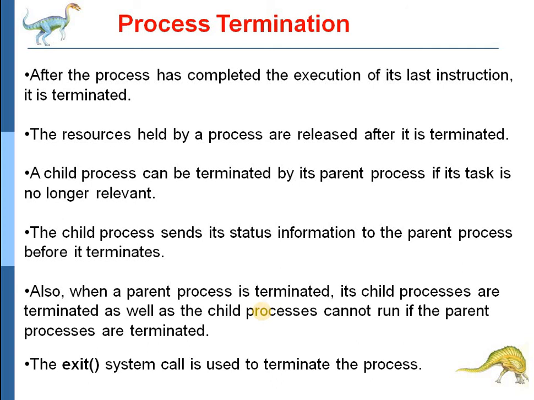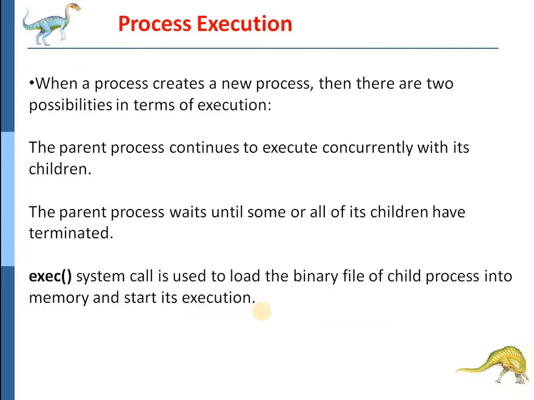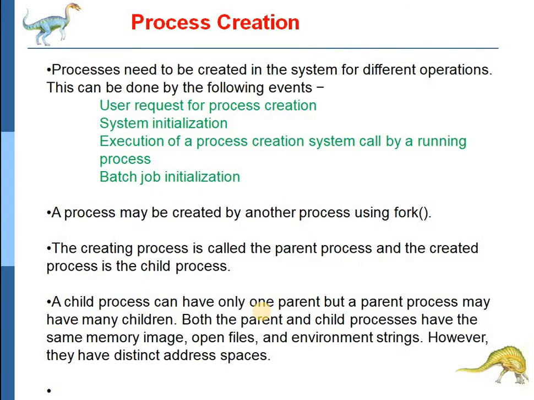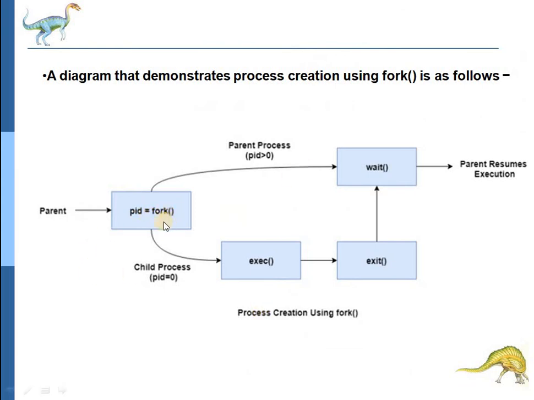In the operation of processes, there are mainly two basic operations, that is process creation and process termination. In process creation, a process is created by using the fork system call, and the main parent process creates a process that is called a child process. The child processes are executed using exec system calls, and at the same time the parent goes to the wait state, until all its child processes are terminated.